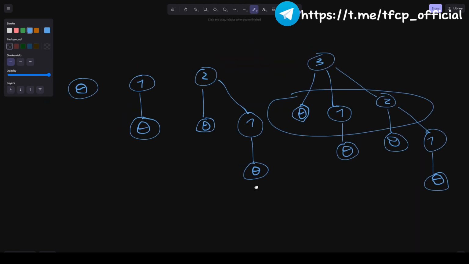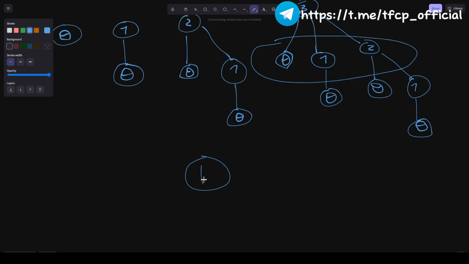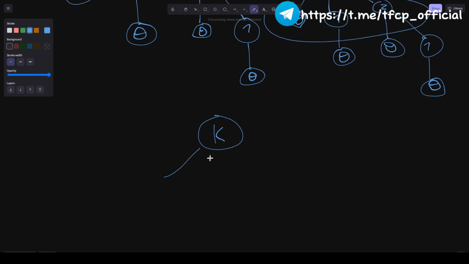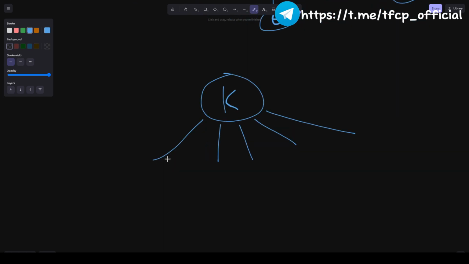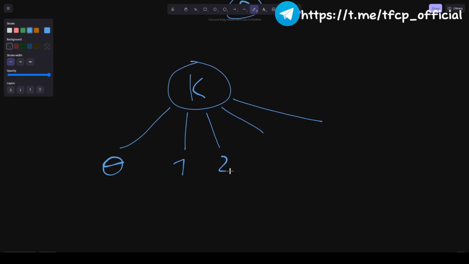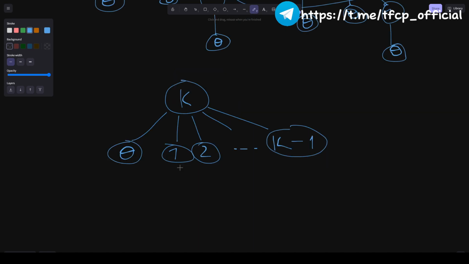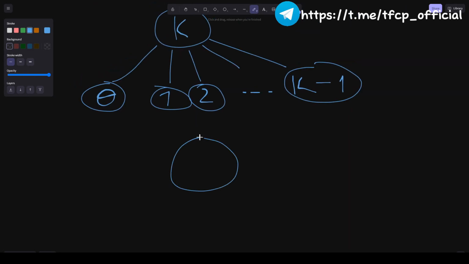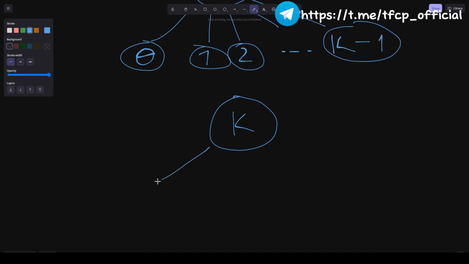What property? If we have a binomial tree of rank k, then it will have k children of certain ranks, which means that each of these children will have specific ranks that are determined by the structure of the binomial tree. That is, here we have rank 0, here rank 1, here rank 2, and so on. Here we must have a child of rank k minus 1. This is the strictness. In order to make it less strict, we can also use a binomial tree, but what